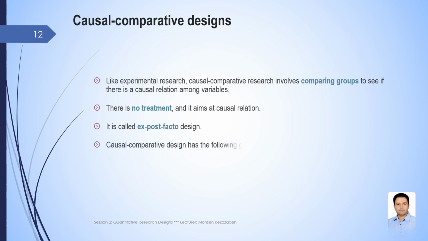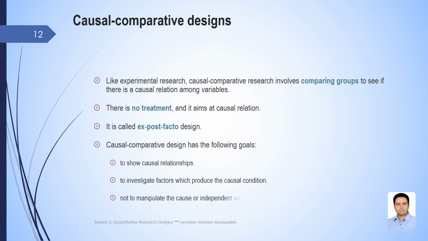Causal comparative design has the following goals. First is to show causal relationships clearly. Second is to investigate factors which produce the causal condition. And finally, the goal is not to manipulate the cause or independent variable as in experimental research. In experimental research,